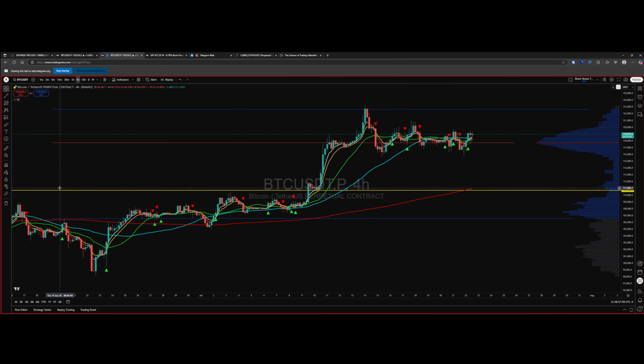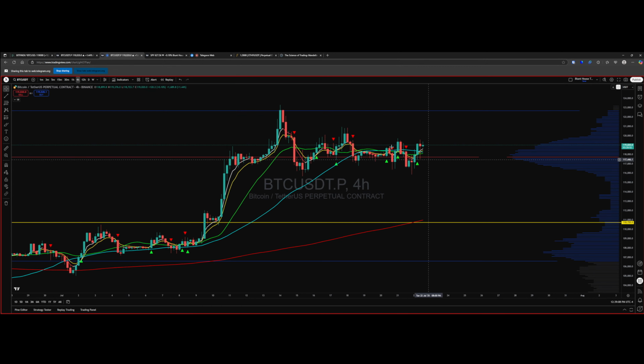So when we drew this line, we talked about how it may be relevant in the future. If the breakdown happens, we may find out if that's true or not. But we know that if we break one level, we find the next. Let's keep in mind that these are sitting on top of one another, so the next level's down here. Maybe the 100 might be somewhere in here if we were to check it. Let's do it. Yeah, so we might catch a break there, but that's the downside risk, level by level.